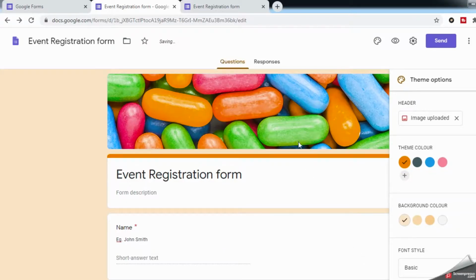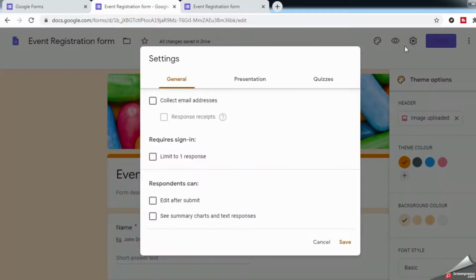Settings over here. The general setting says requires sign in. If you require only one response per user, then you have to click over here, but the user will have to sign into their Gmail account to access this page. Else you can just keep it blank, wherein the user can make multiple entries but doesn't require a sign in.